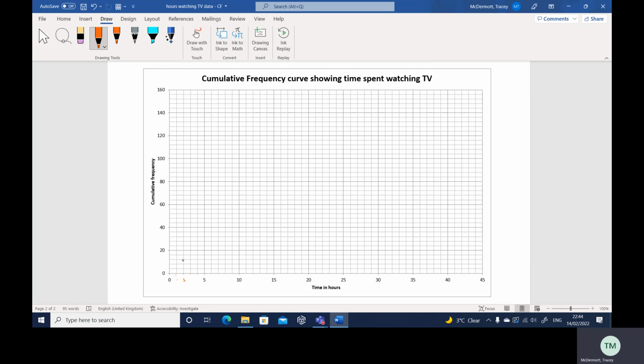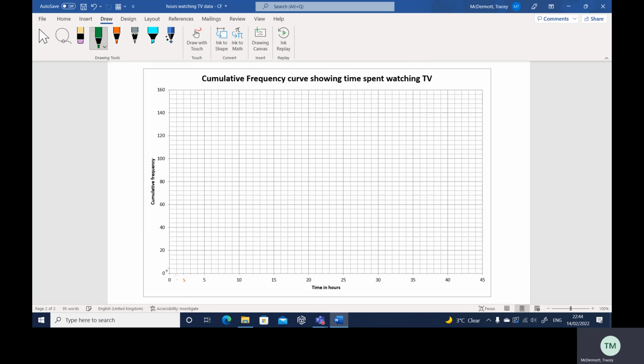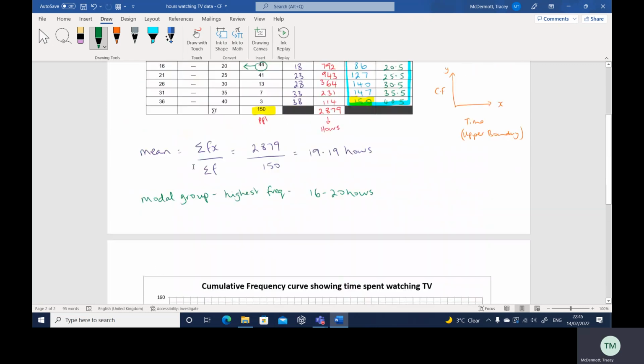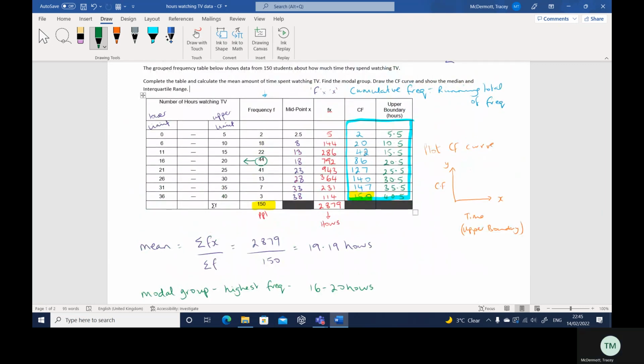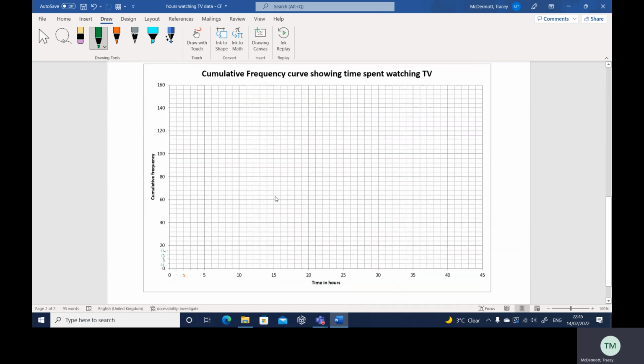And then if we look at the y-axis, then this one's going in 20s, 20, 40, 60, 80. So each one of these intervals on the way up is going to be worth 4. So that'll be 4, 8, 12, 16, 20. Not the most user-friendly scale, but we'll manage it for this. So remember, I'm plotting the last 2 columns on this graph now. Now I've made a note of these on a different page, so I don't have to keep scrolling on the computer here. So the first one that I have to plot then,